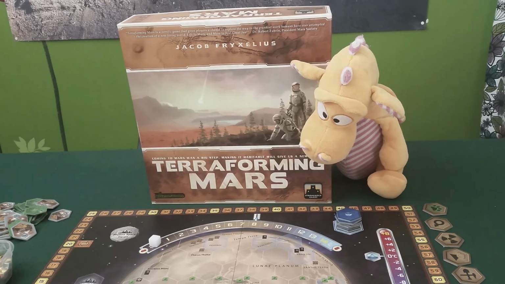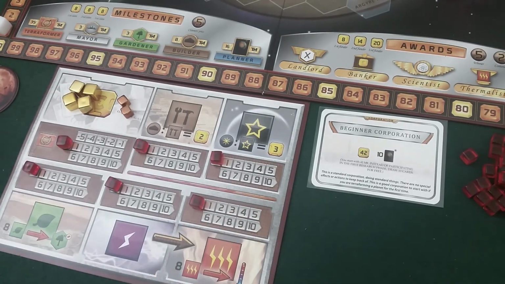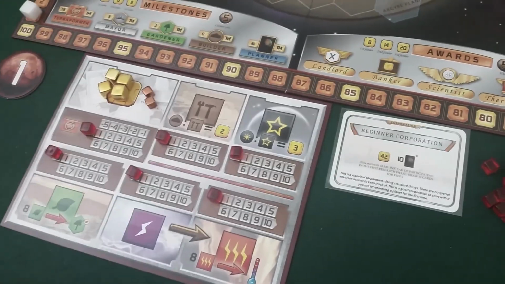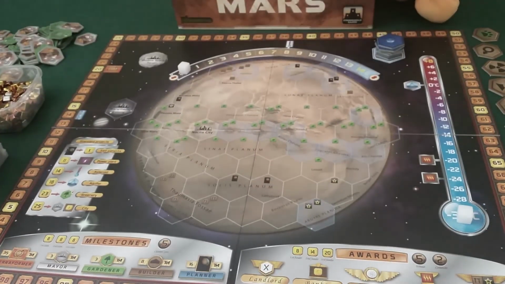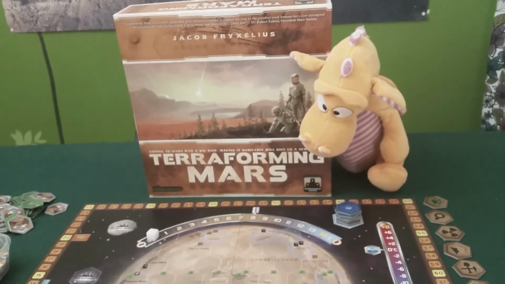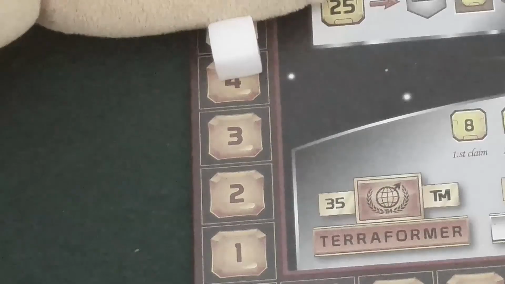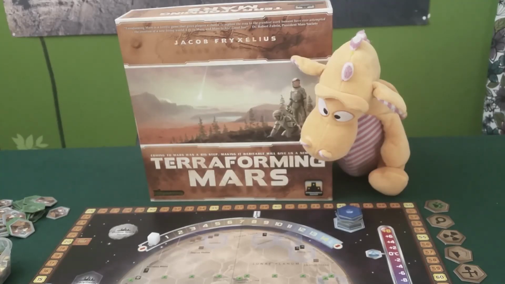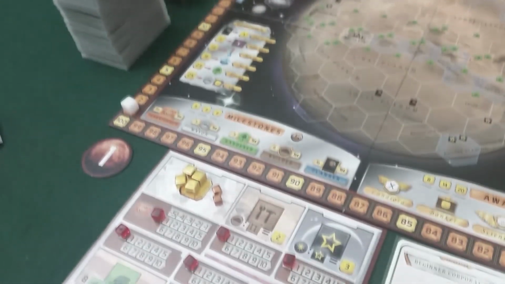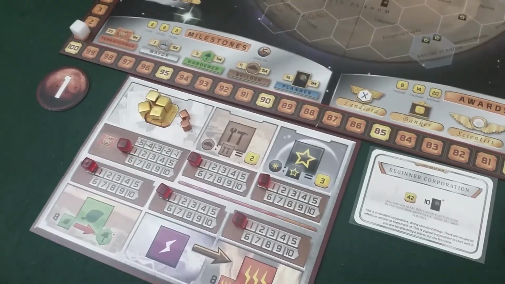And so first of all, we are beginners. We have a beginner corporation. Down here we are starting out with 42 credits and 10 cards. And so my first tip for beginners in Terraforming Mars. So, number 5, my first tip for beginners here in Terraforming Mars is that you need to manage your hand